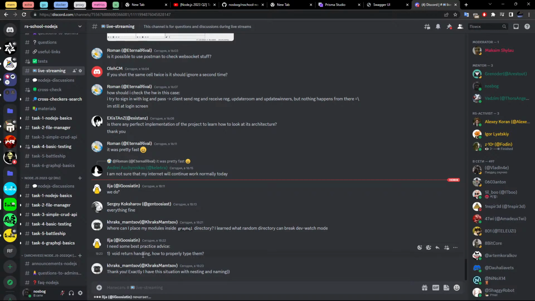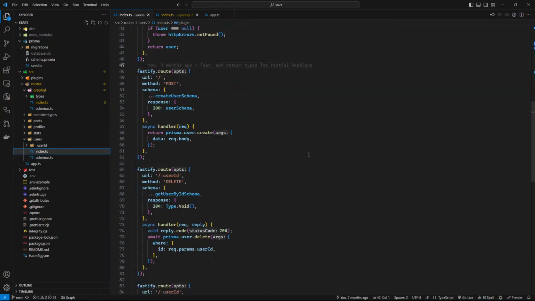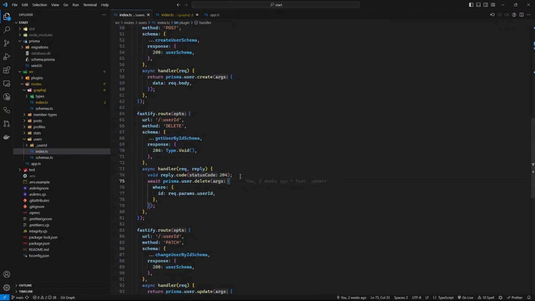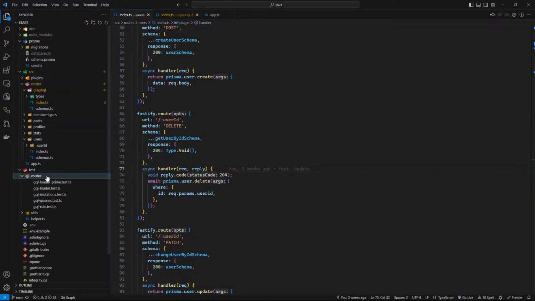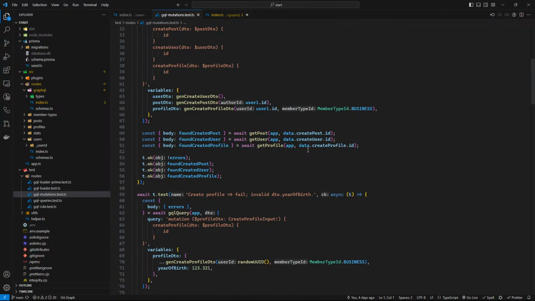Void return handling. How to properly type them. I think I understand. So in the REST part, you have endpoints like this with a delete method, which return nothing, type void, with HTTP code 204. And as you can see inside the tests, in the GraphQL mutations test,